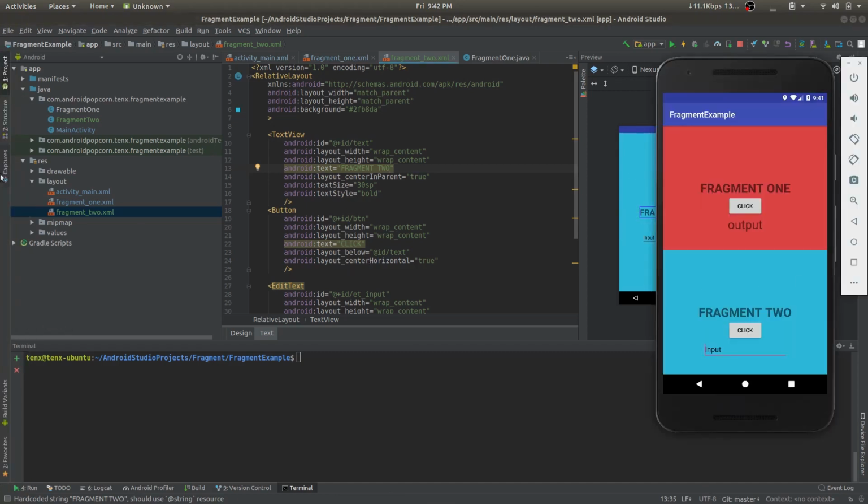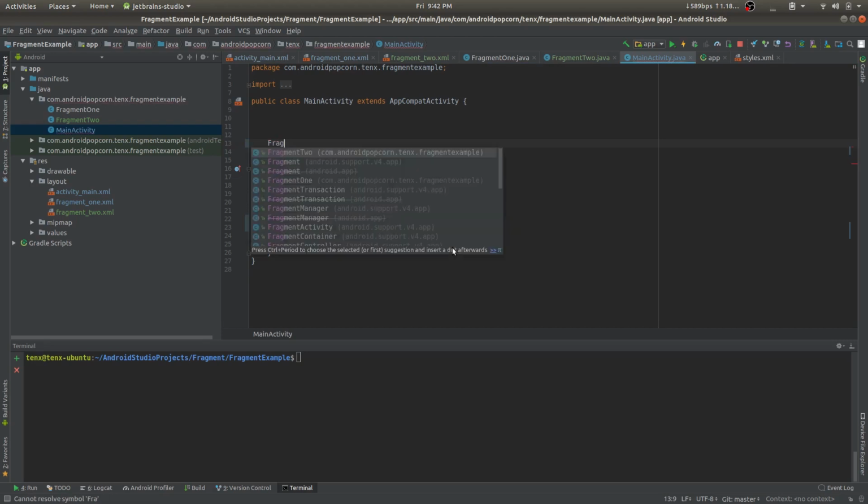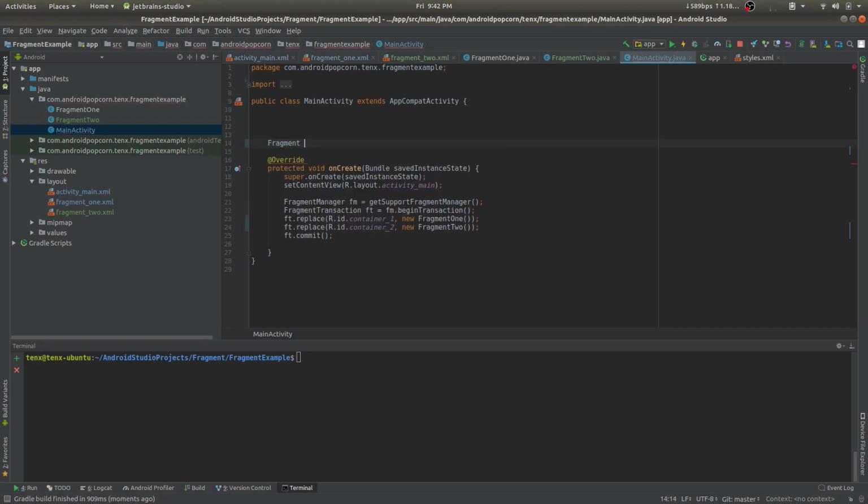Now what I'm going to try to do is send some data from the activity to fragment 1, and I'm going to display the output on this text field. So to do that, I have to create something called a bundle, and I'm going to attach this to fragment 1. And instead of initializing the fragment inside the replace method, I'm going to initialize it globally,